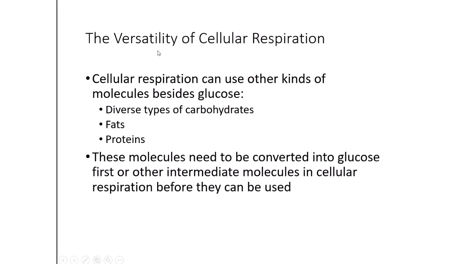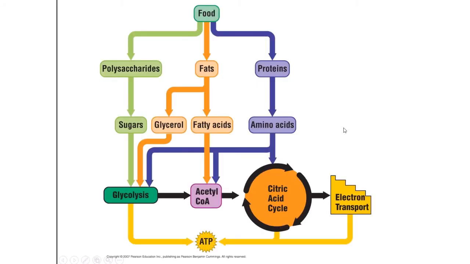Cellular respiration is actually quite versatile in that it can use other molecules besides glucose for energy. It's not just glucose. You can use other type of carbohydrates. You can even use fats and proteins. These molecules are actually going to be converted into glucose in some cases, or they're going to be converted in some intermediate molecules that are going to feed into different parts of cellular respiration. So, for example,